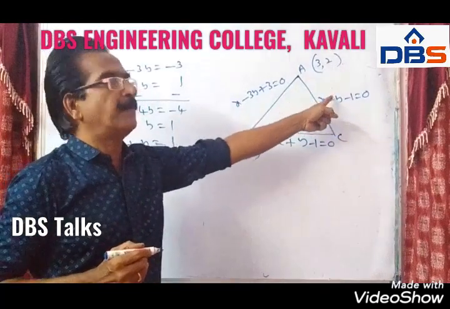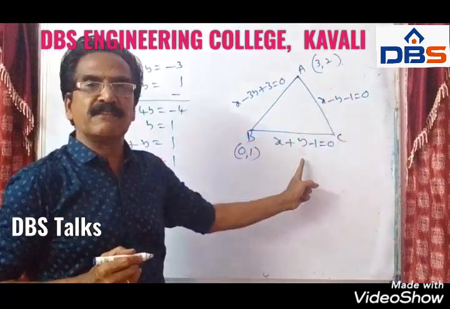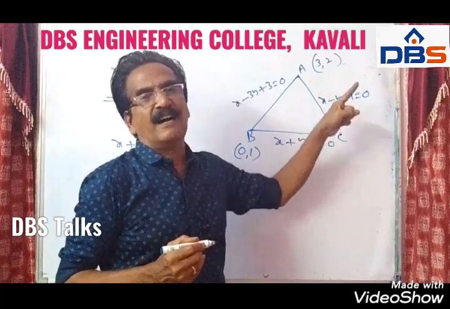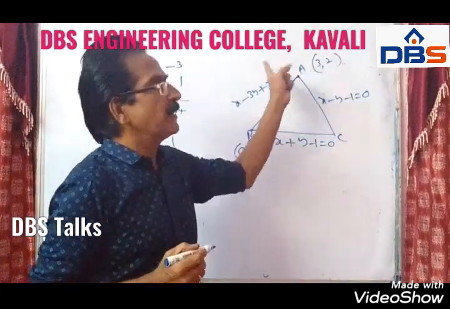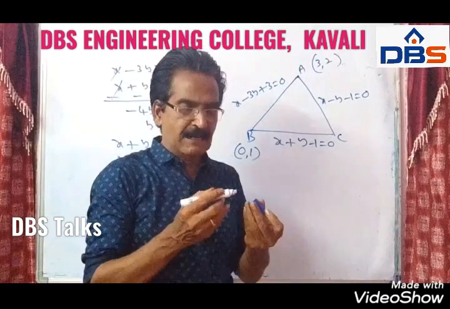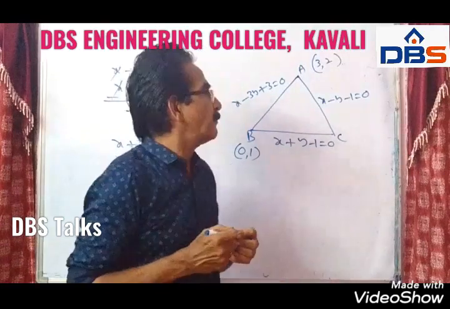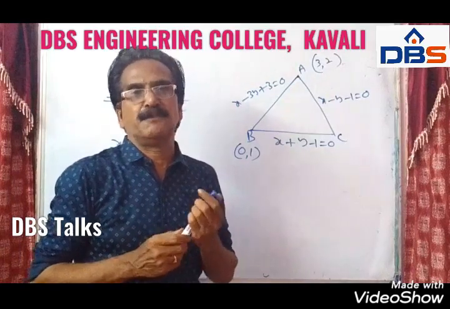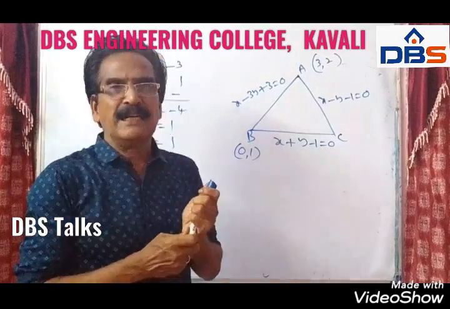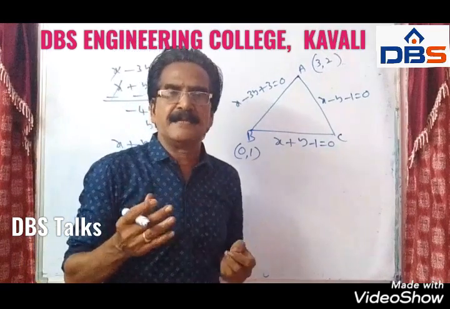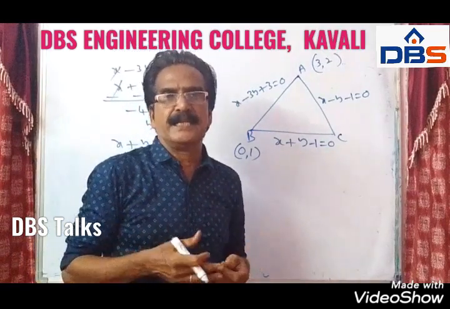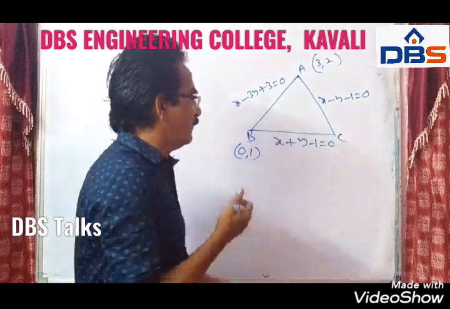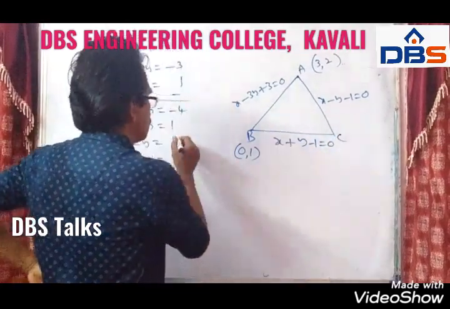And in the same way, by solving these two equations, you will get C. After getting C, you can find G. Friends, our time is short. That's why I'm not doing it for all problems. I'm just explaining the procedure, so that you can easily understand. Solving these two equations is nothing for you. Okay, for this problem, I will find C also.